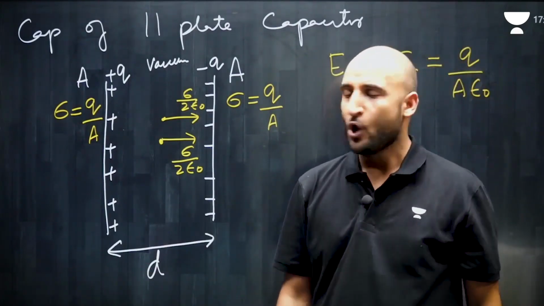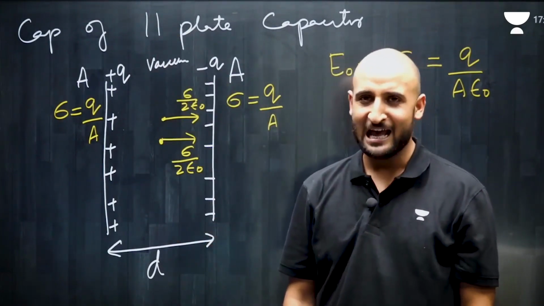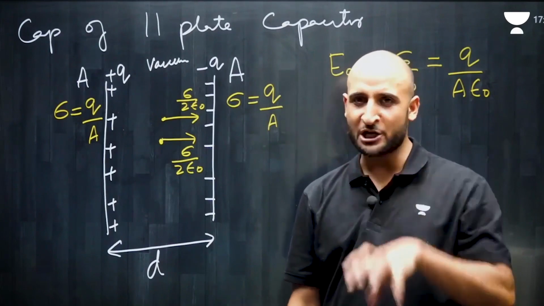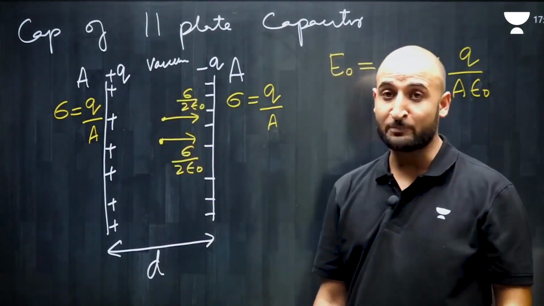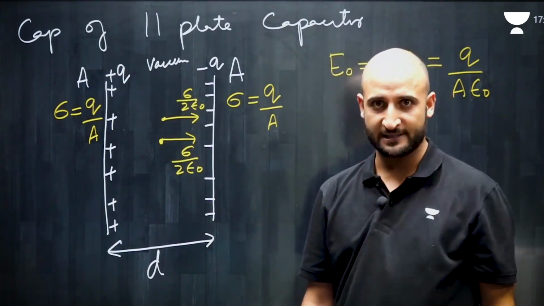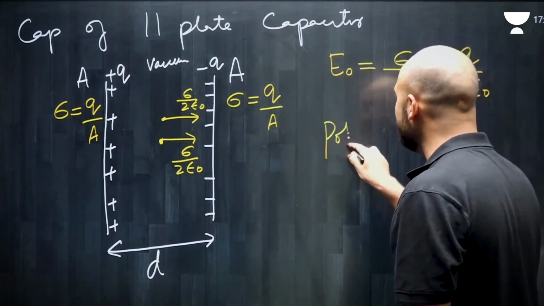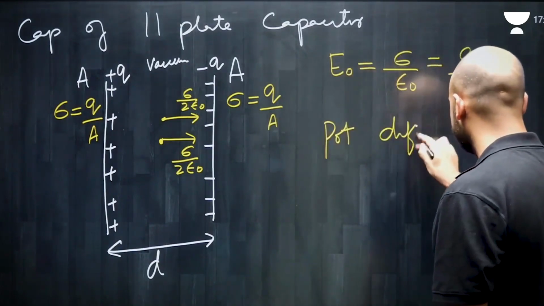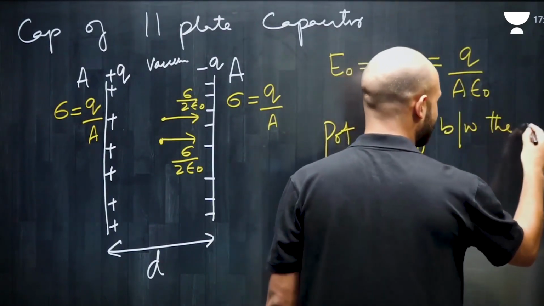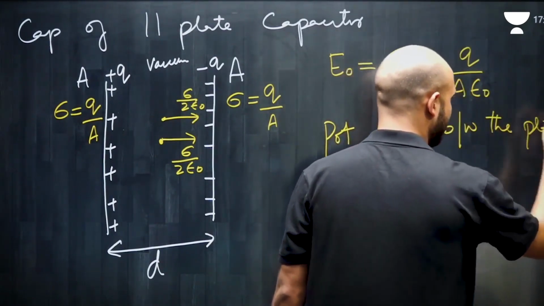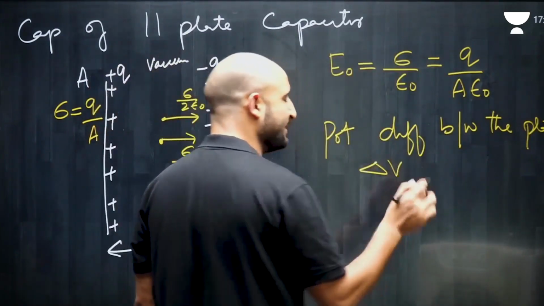I want to know the capacitance of this parallel plate capacitor. For that, I have to give charge and check the potential difference. I have already given charge Q. Now the job to be done is to check the potential difference. From electrostatics, you know that the potential difference between these two plates, I call this delta V, or simply V,